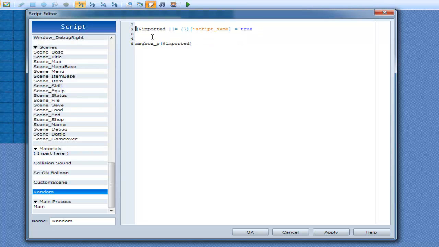Well, that's what the parentheses are for. So what you're basically doing is this. You're going imported is equal to hash, and then you're doing the script name stuff here. So script name equal to true. Now, what's going on is